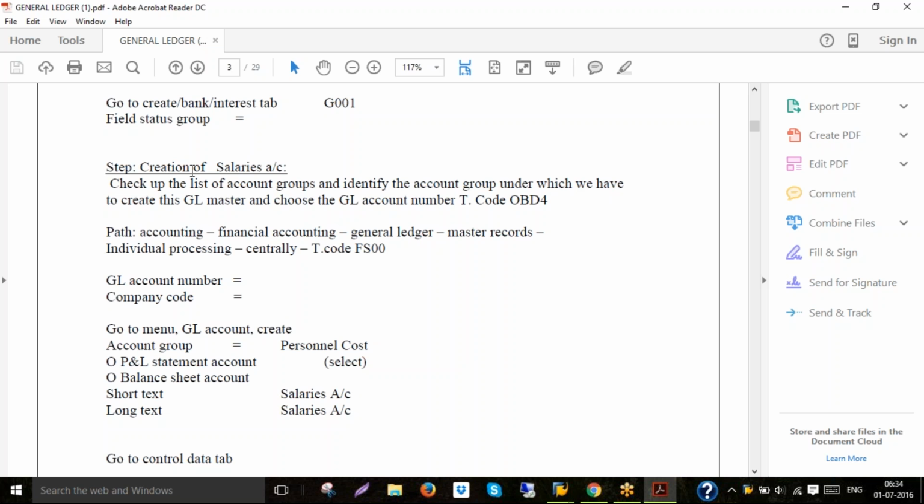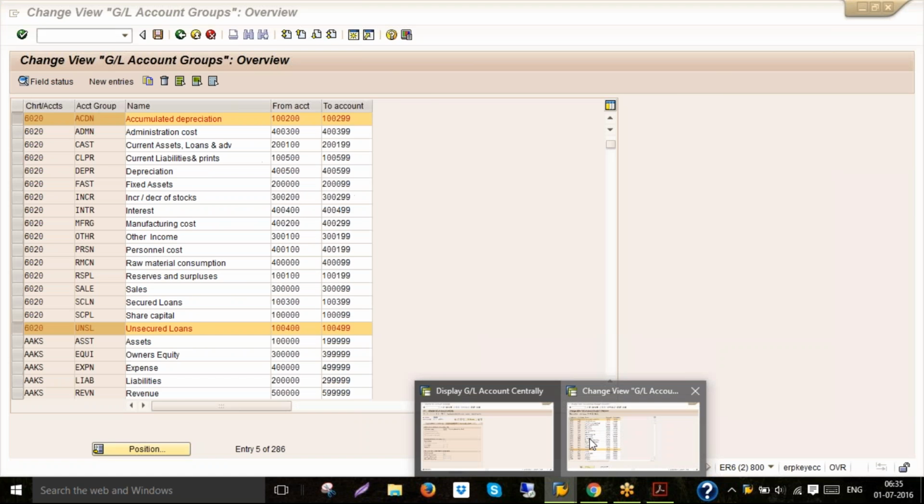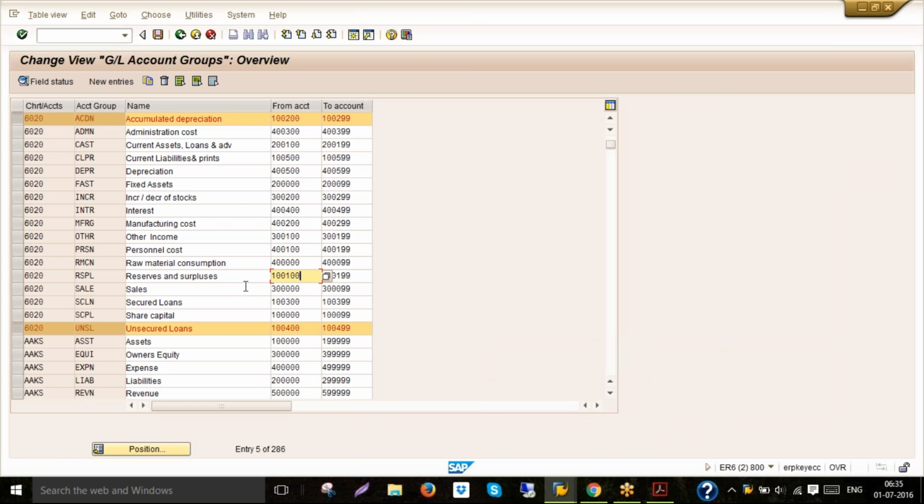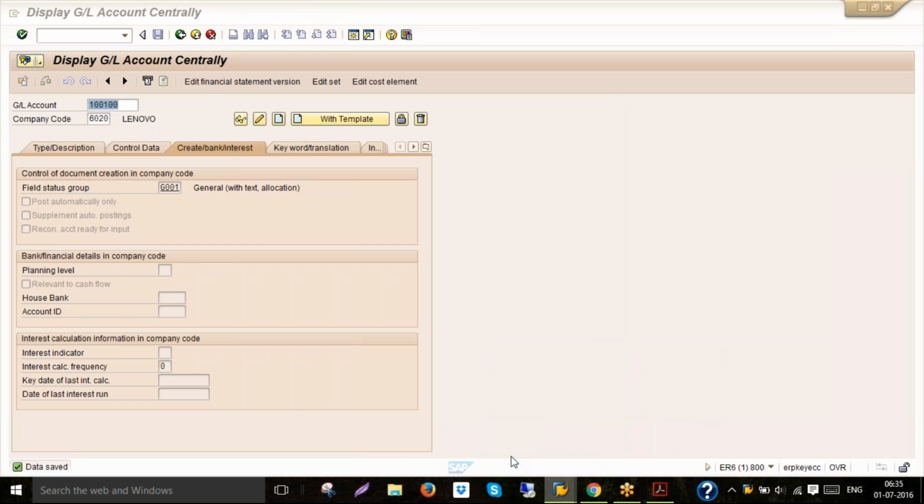Now we are going to create a salaries account. So salaries account, I am saying it is 400 100 GL number. So where is 400 100? Open the chart of account list here. See where is 400 100. It is a part of my personal cost. Then come to creation, enter 400 100, click on create mode,